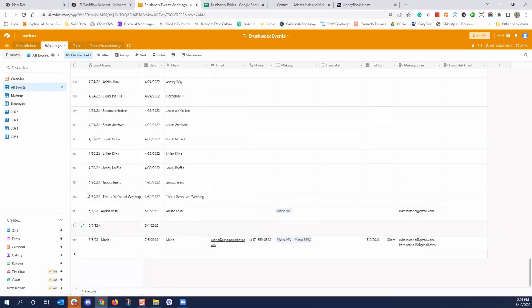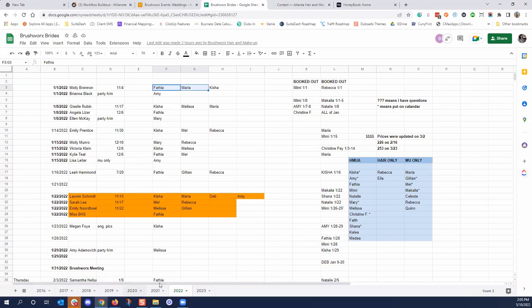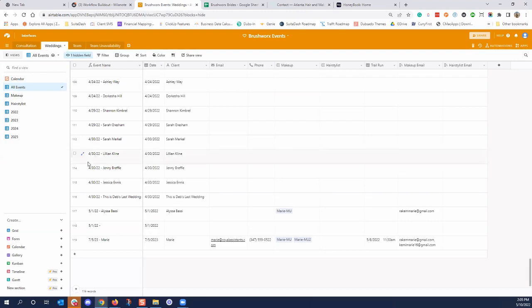Because I saw that you segregated it by year on this tab, I didn't pull in all of them yet, because I wanted to solidify what the columns meant. You could honestly keep this as a history and then use a new one going forward. I concatenated, or joined, two things here: the date of the wedding and the client's name in this first column. The second column is just the date, and this third column is just the client.